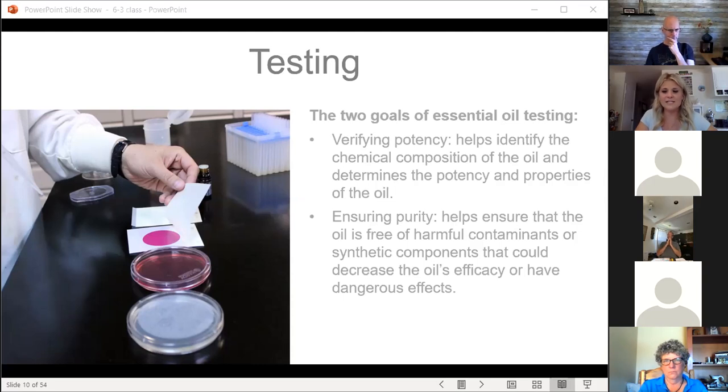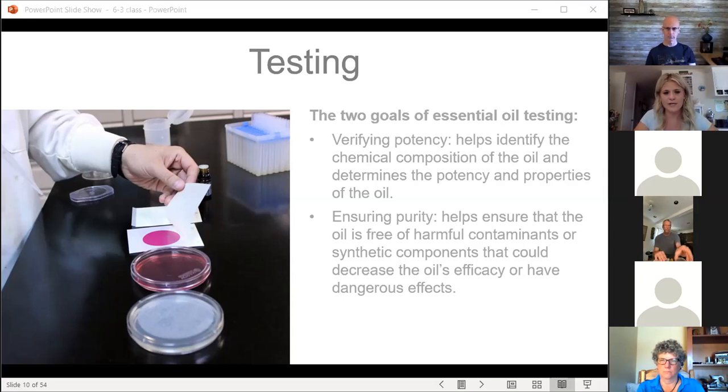If there is, a lot of times, unadulterated or altered essential oil helps other companies lower their prices because they're filling it full of just harmful chemicals to our body. It's just junk. So we want to make sure that we're being very thoughtful with what we're putting on our bodies,